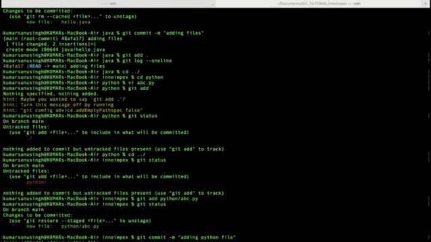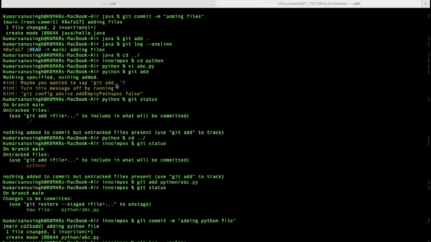Okay, now earlier, if you see, we ran a command called git log --oneline, right? This command is to check what happened. Log is nothing but a way to check what is happening right now. Now if I run git log again, how many commits will I see? Two, correct? Because we got two commits. This is our current commit, and this was our previous commit.